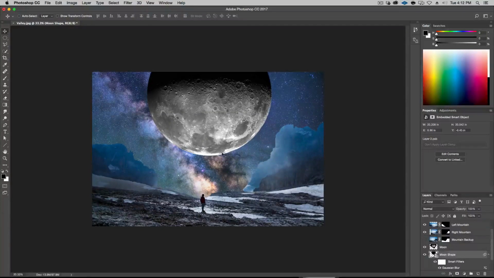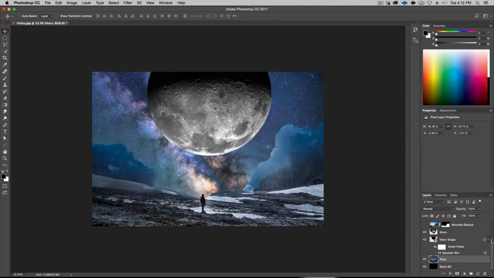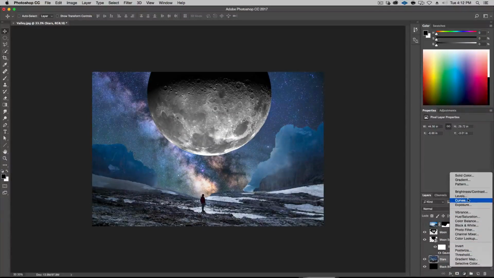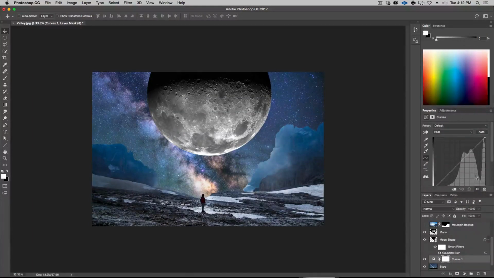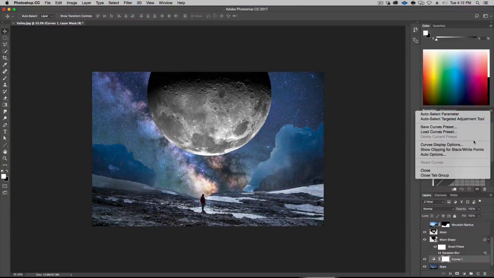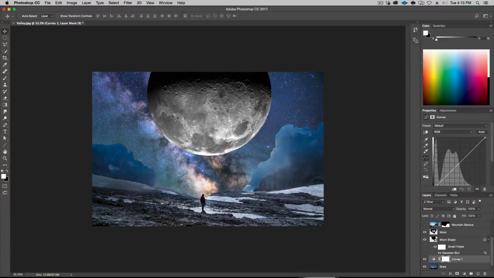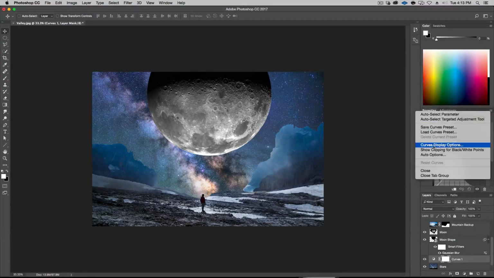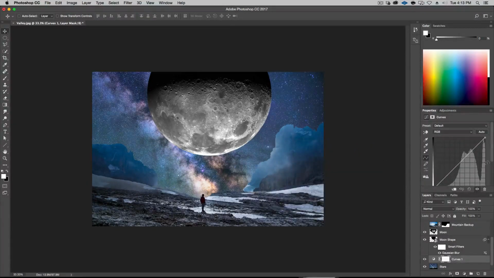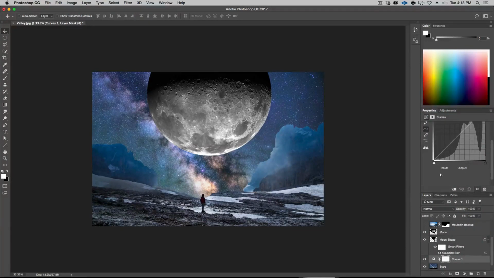And I do want the stars back here to have more definition. So let's go ahead and give this a little bit of an S curve. And if you don't know what that is, it's very simple. You go in here, you hit curves, and let's bring this down a bit. So an S curve basically has, by the way, if my curves look different than yours, it's because in the curves display options, I have pigment and ink, and your curves probably look like this, with the shadows in the bottom left, and I prefer using the pigment. I find it easier to use. Shadows are on the right, highlights in the bottom left.